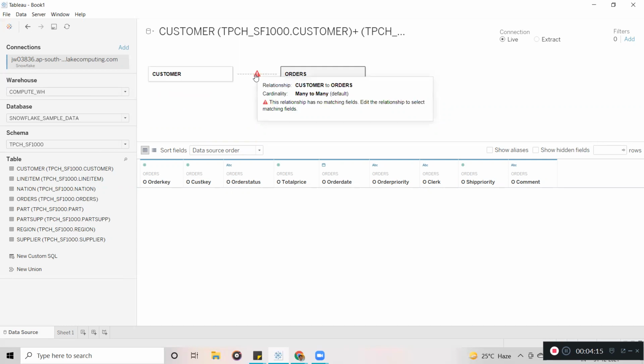Just take this as an example, it's not accurate for now because we haven't established the relationship. It means the customer table has customer ID 101 multiple times, and the orders table also has multiple orders for each customer.